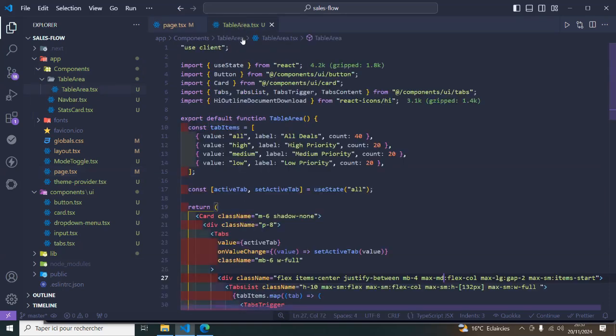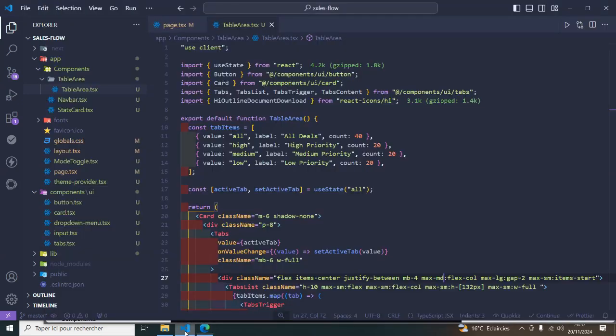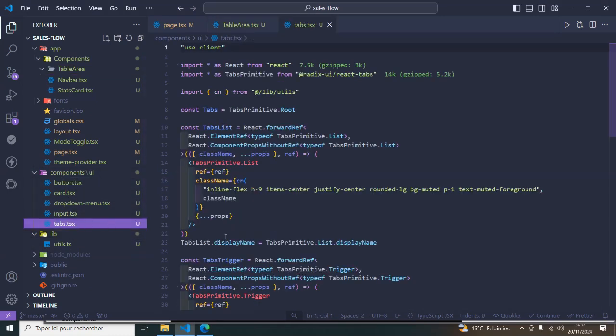And also to be able to use the tabs, we need to install the Shadcn component by using this CLI command in your terminal. So after that, you are going to have inside the components UI folder, the